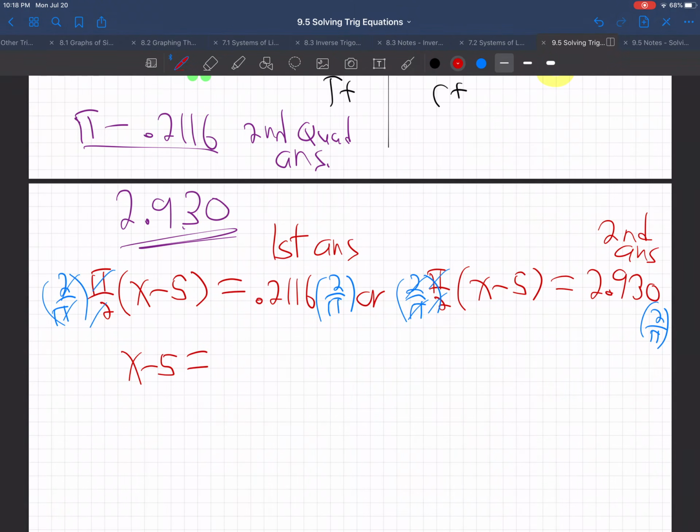Take your calculator and multiply 0.2116 times 2, and then divide by pi, right? See that? 0.2116 times 2 divided by pi. That's what you've got to do when you have a fraction. Then use your pi button. I'm getting